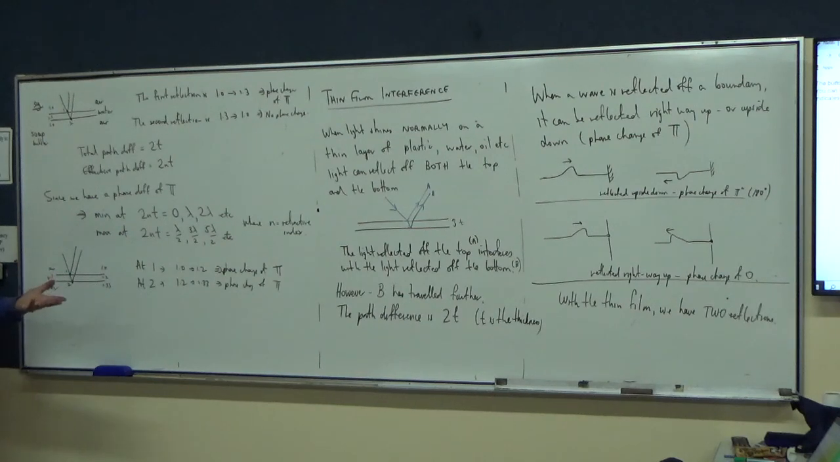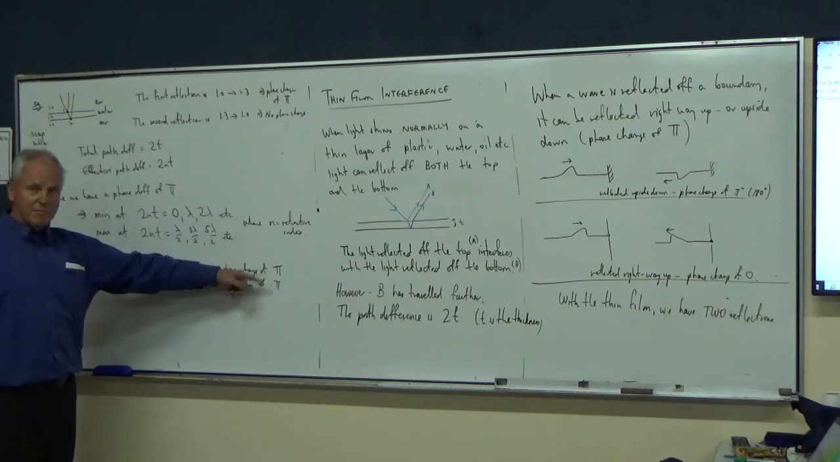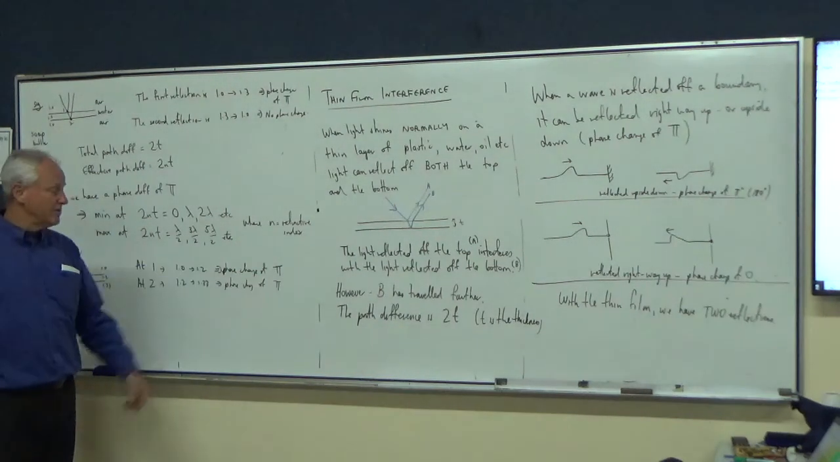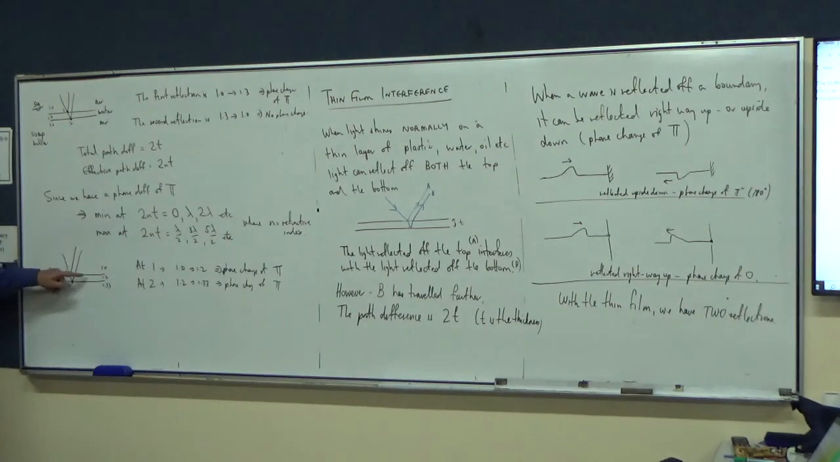Well, you're always going to have a phase change of pi or nothing. So if there is a phase change, it's always going to be the same, 180 degrees or pi. Given that in both cases we've gone from less dense to more dense, 1 to 1.2, 1.2 to 1.33, both of them are reflected upside down, so we don't need to worry about it. Alright? So now the